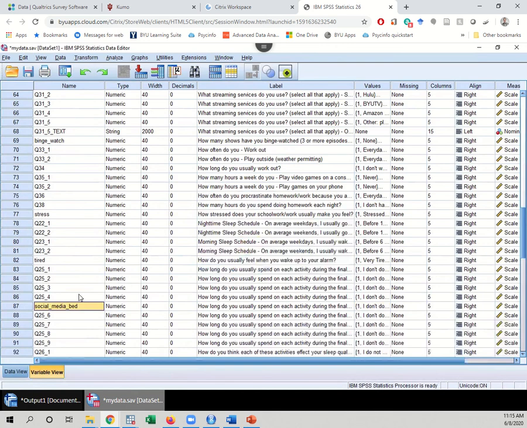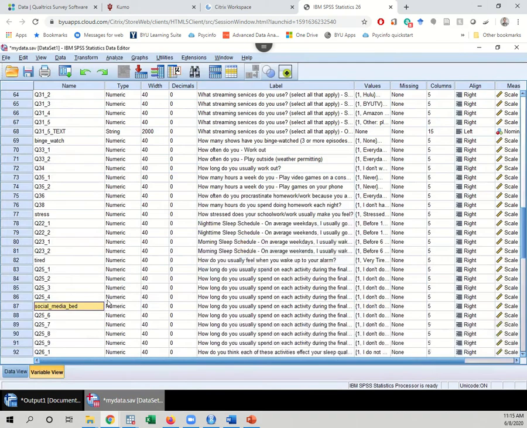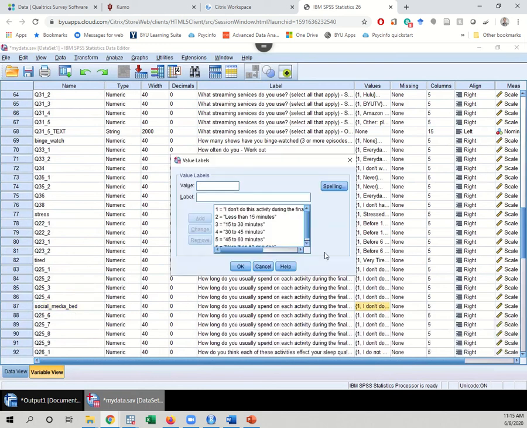So to help you get the range, you could just come here and grab this. 1 is my minimum, 6 is my maximum. Okay,